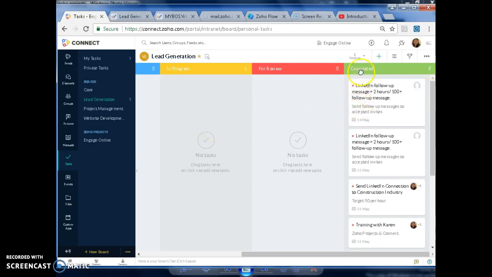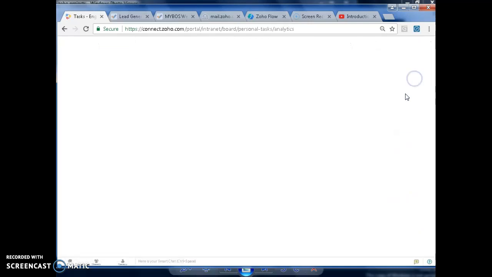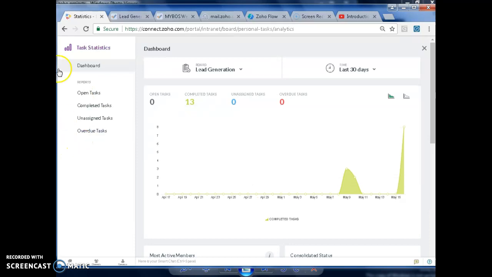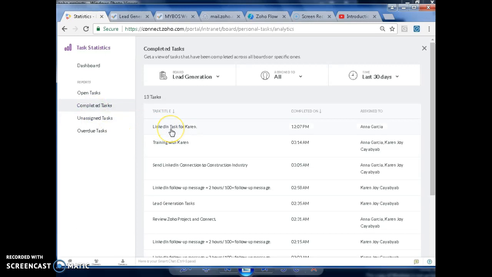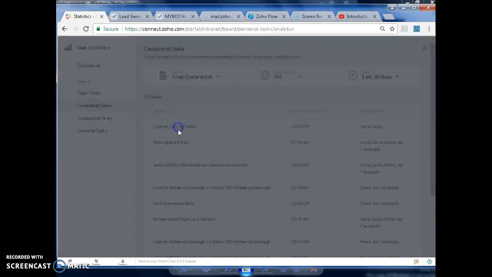Okay, so the LinkedIn task for Karen, I lost it. So if I want to retrieve it, say accidentally you have placed it on there and it got lost, go to statistics, click on the upper right corner there, and then you would see the drop down statistics. Click on that and look at completed, and there you go, LinkedIn task for Karen. It's on top. So I'm gonna click on that,